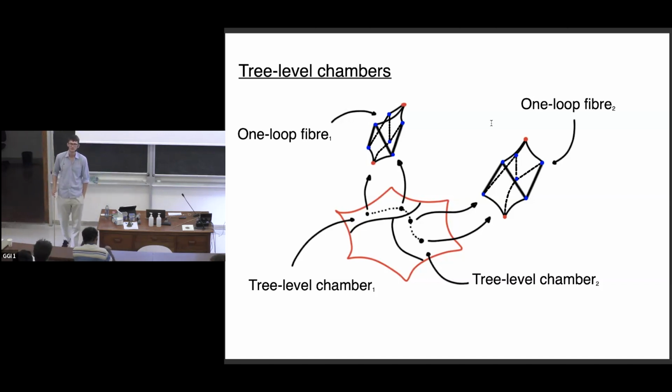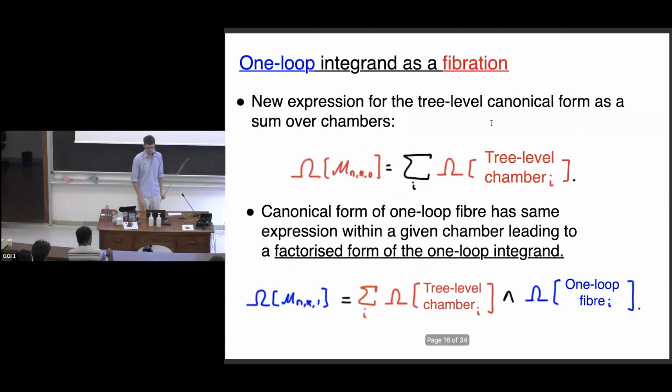The important information when we go to compute canonical forms will be the set of vertices. What I'm about to describe is that when you know the set of vertices, you can almost immediately write down the canonical form for the loop fiber. So what's the upshot of this at the level of canonical forms then? Well, simply at tree level, it gives us a new